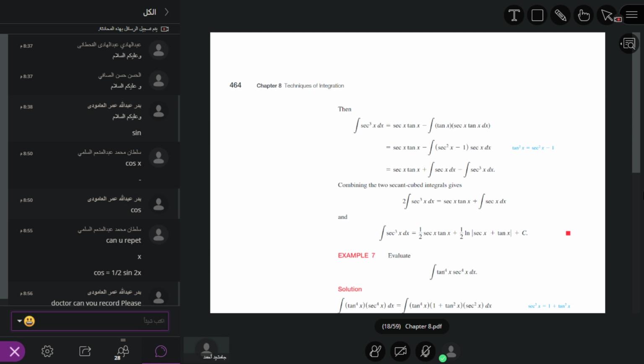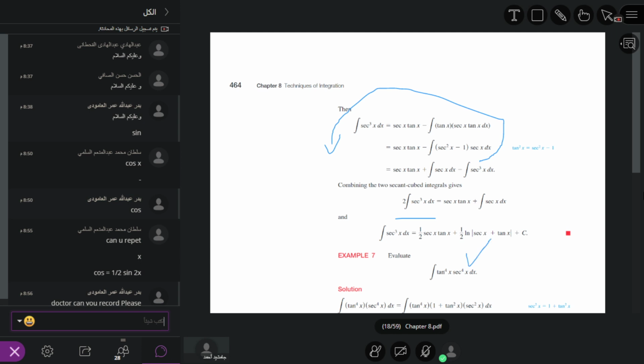Now what is the integral of sec? It is log natural sec x plus tan x. What is the integral of sec power 3? It is our given question. So we convert it in this way. So this becomes 2 times integral of sec power 3 equals sec x tan x plus log natural sec x plus tan x. Now we divide both sides by 2 and get the solution. Okay. And at the end, here we use this method.